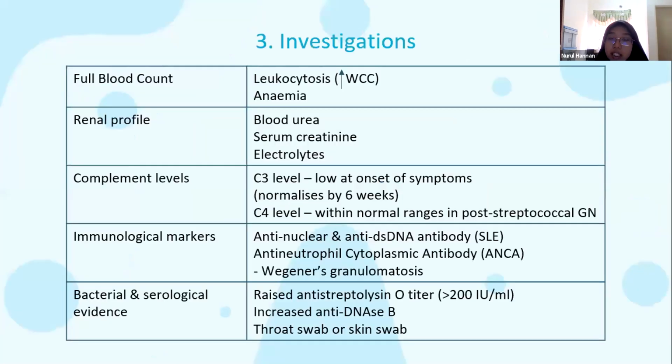Alright, so for the investigation, we can do full blood count. At the full blood count, we can find leukocytosis, which is increase in white cell count, which indicates there is infection. And then we can do renal profile. We look for blood urea, serum creatinine, and electrolyte. So if there is increase in blood urea and serum creatinine, there might be